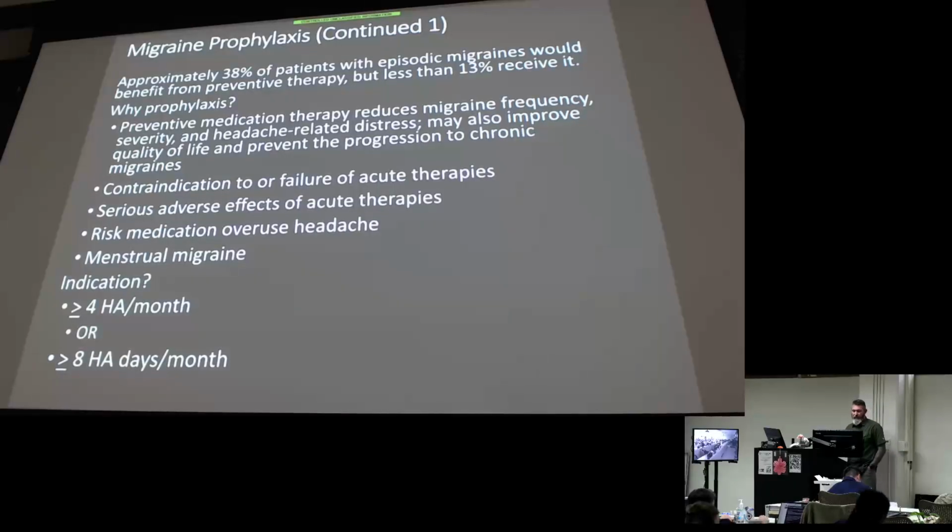All right. So we all know why it works, because we discussed it early. It's the second goal, not just to get them out of pain within a couple of hours, but to prevent having to use those abortive agents, to give them more headache-free days, right? Return some quality of life for chronic migraine patients. And keep from getting migraine overuse headache or medication overuse headache from the abortive agents, because you have them on a prophylactic agent and they're not just popping the abortive agent numerous times per month.